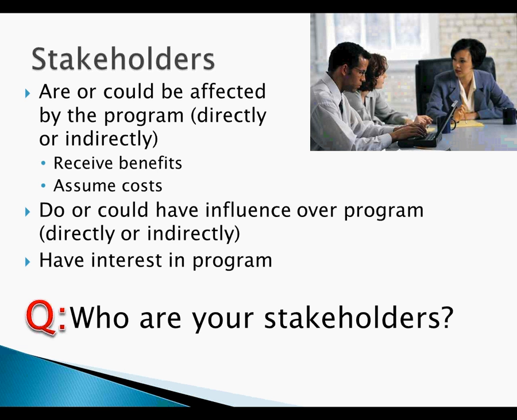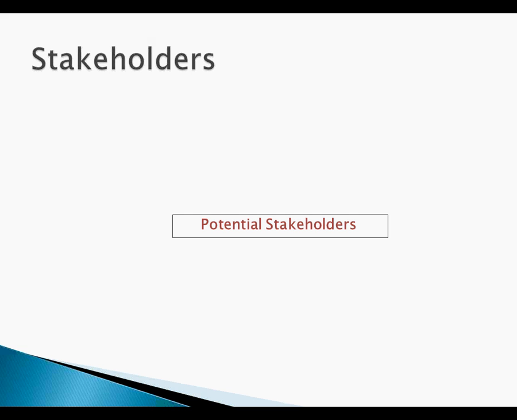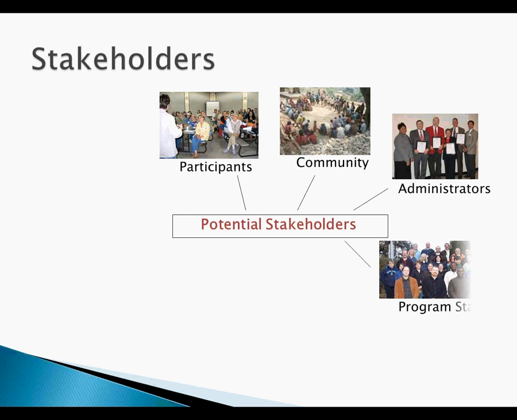It could also be people who have influence, direct or indirect, over the program, so it could be a program committee, or a committee in the community responding to what you're doing. And it can also include, in the most general sense, anyone with an interest in the program. Well, what's the point? The point is that as you're approaching program evaluation, those different stakeholders are interested in different